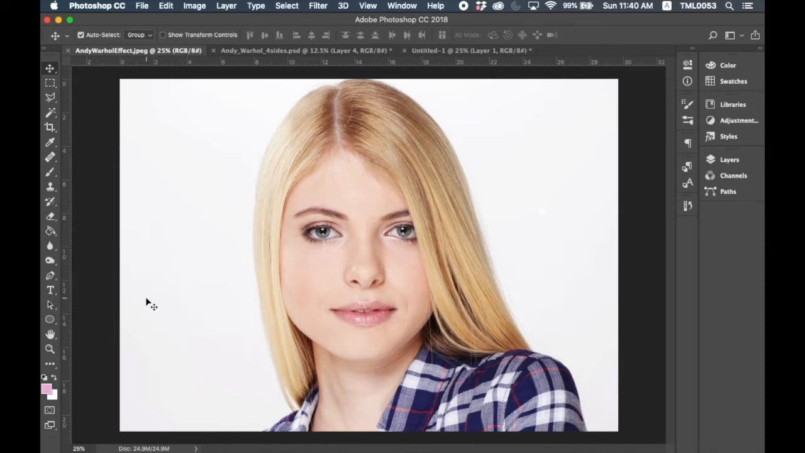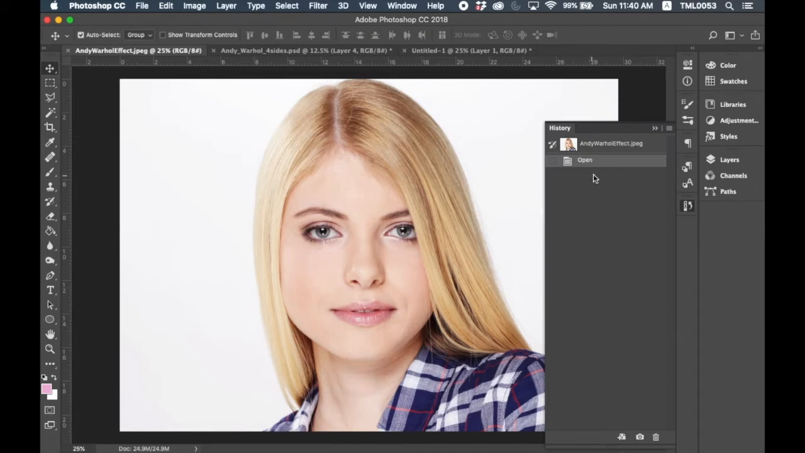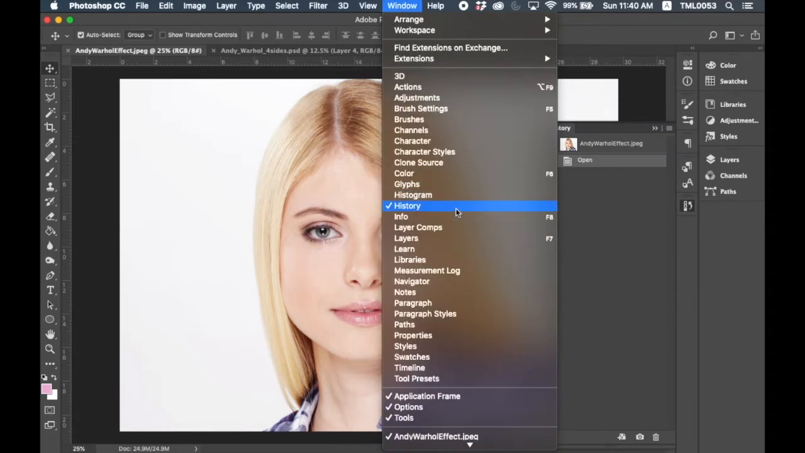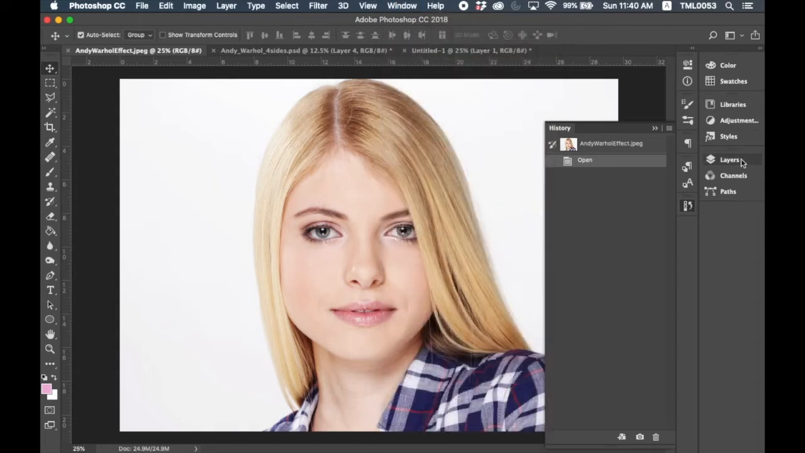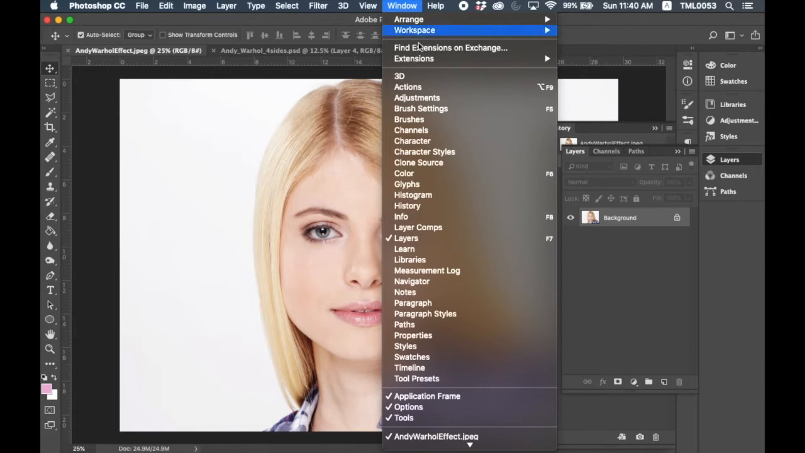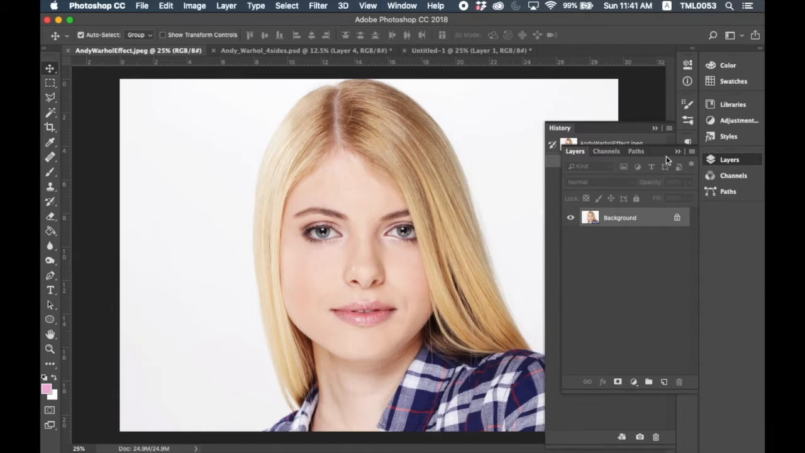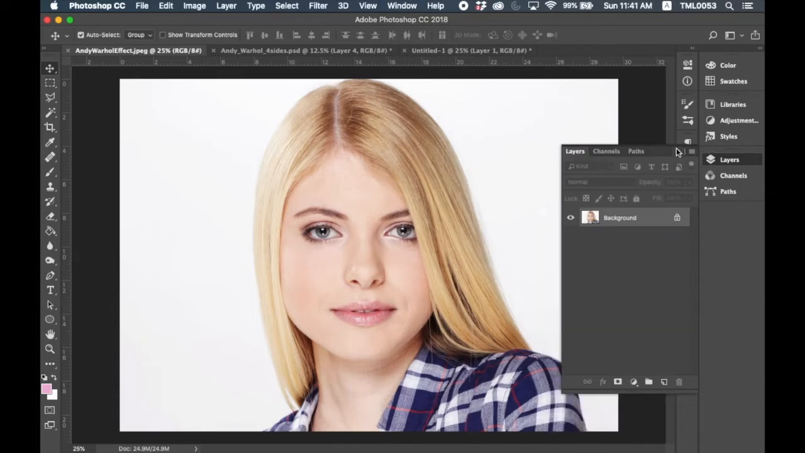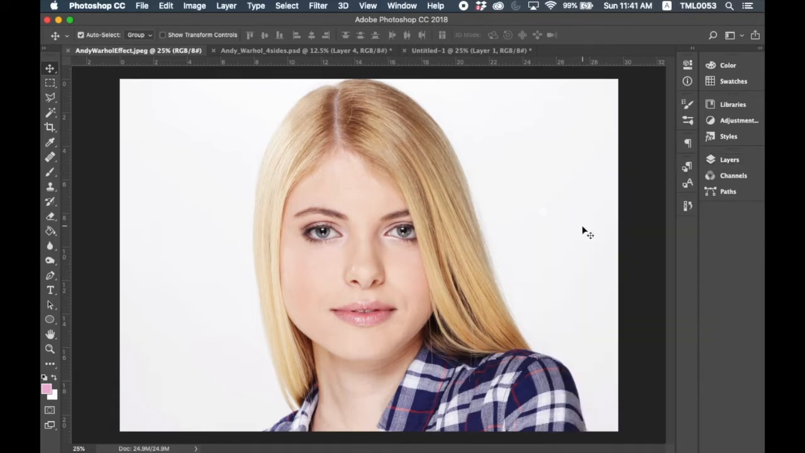The first step is to make sure that we have the history panel available. History is under Window, then History. Another one is Layers. At this panel here, you can also get it from here. We just need these 2 panels ready from time to time. So we're going to start with